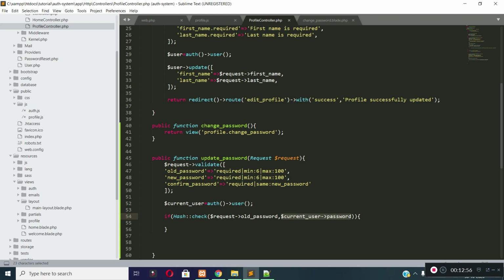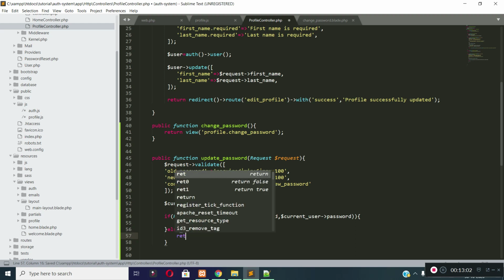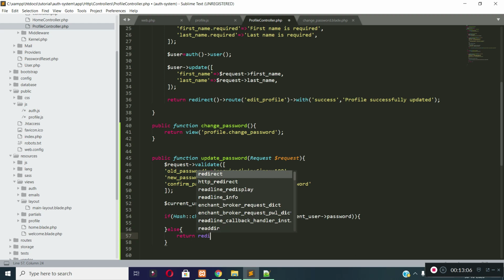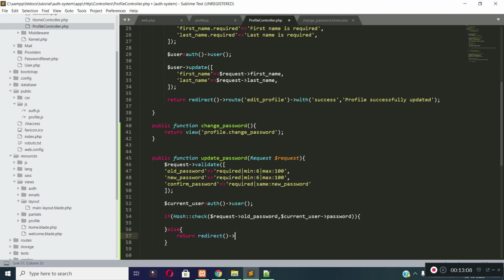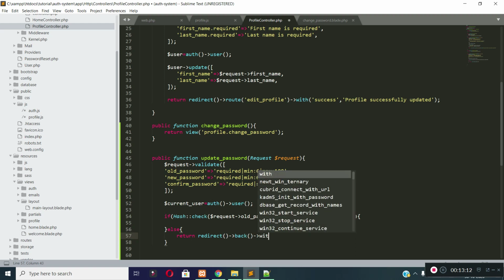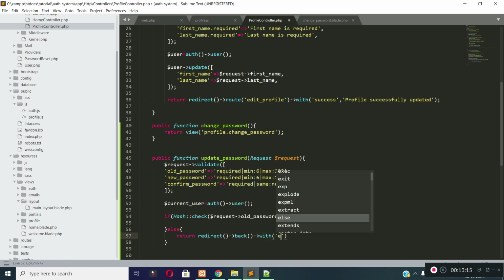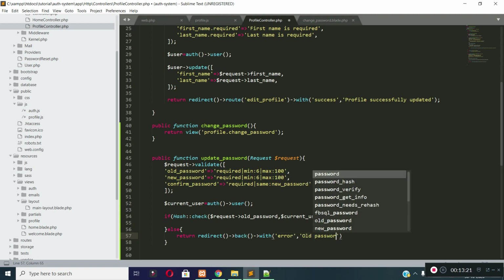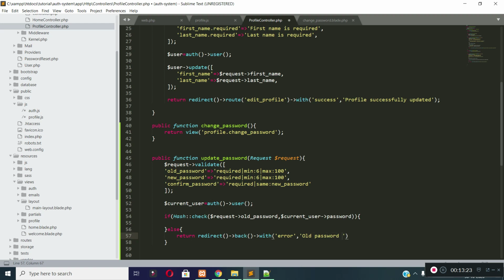I am checking if the old password matches or not, and if it does not match, then I will return the user back to the change password page with an error message. Return redirect back with error, old password does not match. You can provide this message as per your choice.